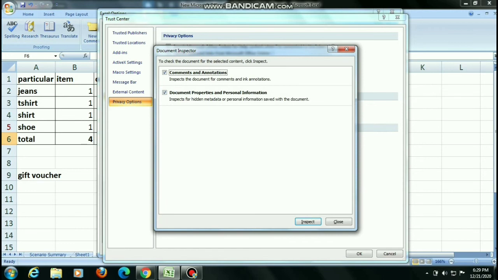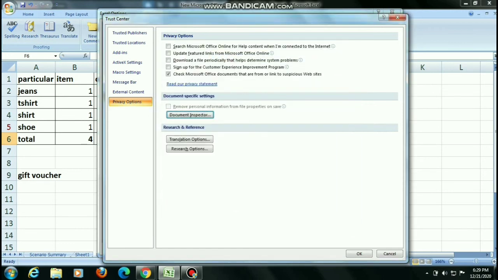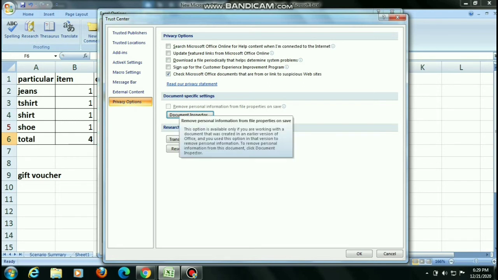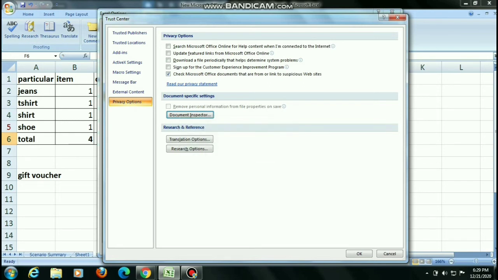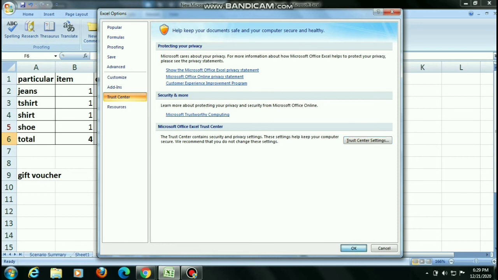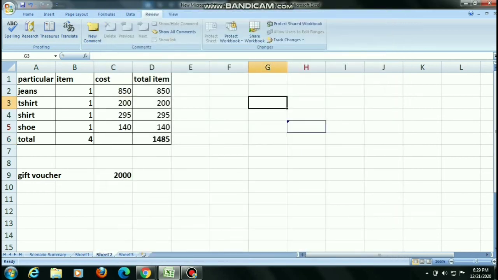Okay, leave this add-in, disable, close. If the option Document specific settings, Remove personal information from file properties on save, is enabled, you will disable this one, then click OK, and at last do the changes and click OK. Now click on the share workbook.